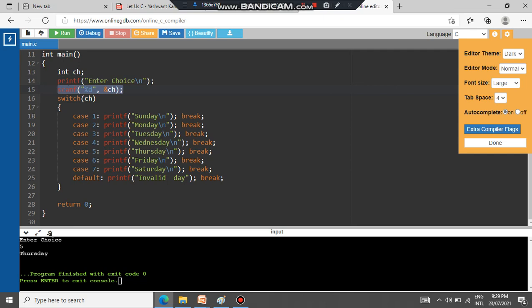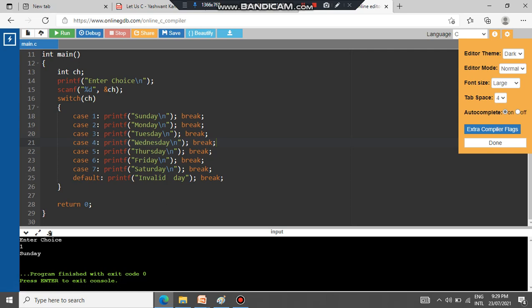If there is no break, let us say if you give case 3, the block 3 will be executed and after that 4, 5, 6, 7, even though the choice is not given, all these instructions will be executed. But by giving a break, we are exiting out of the switch block. So we can run it once again and give the choice as 1, and what we find is it is Sunday. So this is a very simple program we have discussed.